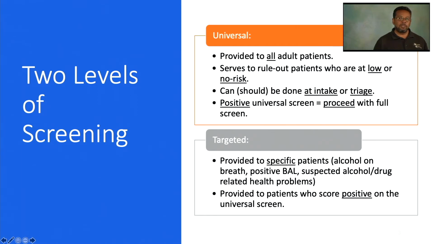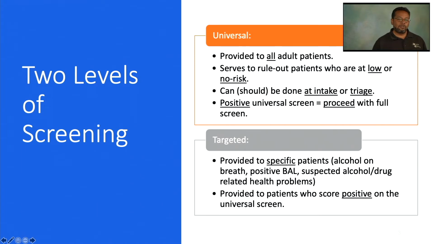So it can be a person who has a potential for problems, maybe has some harmful use, or they meet criteria for a mild alcohol or substance use disorder. Historically, what we've been doing is spending a lot of money on addressing 5% of the population, but we haven't had a good intervention to work with that other 20%. If we effectively intervene, we could divert them off the path where they would get to that 5% and have a moderate to severe substance use disorder.